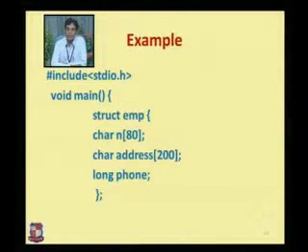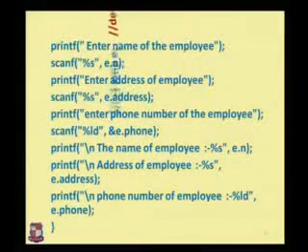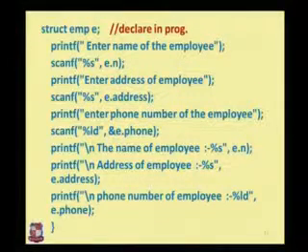Then we have struct employee. EMP represents the name of the employee structure. In the template we gather the values of name, character address and phone. Phone is of long type because a phone number can have more than 6 or 7 digits. This is the template of the structure employee. Then, in the structure employee, we use a declaration in the program. This declaration represents the declaration of a variable of employee, EMP, where EMP is the name of the template: struct EMP e.